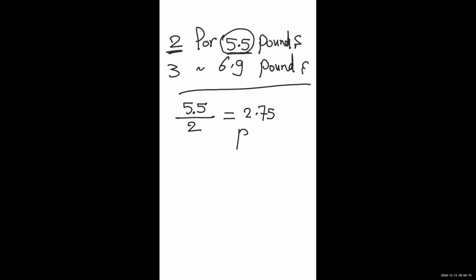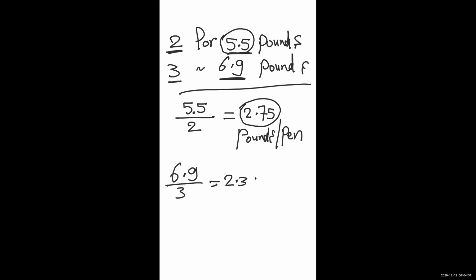2.75 pounds per pen. So this means one pen price is 2.75, and this one is 6.9 pounds for 3 pens. So I will get the price for one pen also: 6.9 over 3. So it will equal, in this case, 2.3 pounds